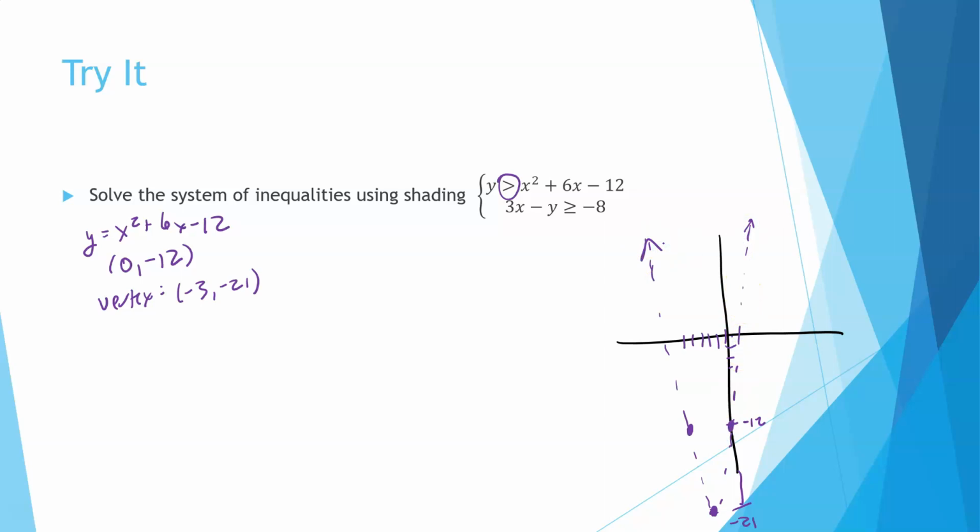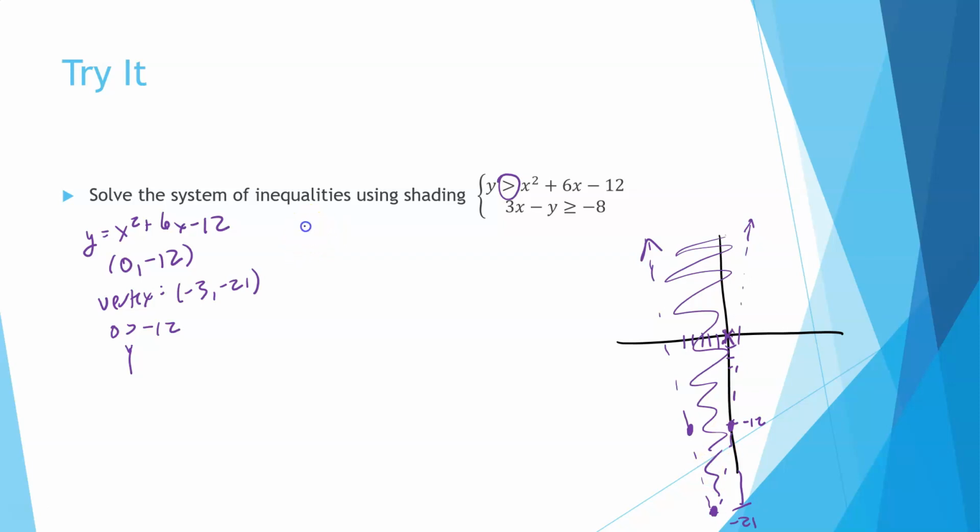And then finally, when you plugged in 0, you would have said, is 0 greater than negative 12? Yes, it is. So 0 falls inside that parabola again, so I would have shaded inside. For the line,